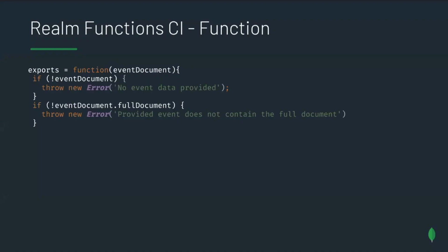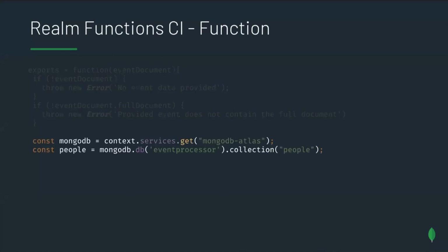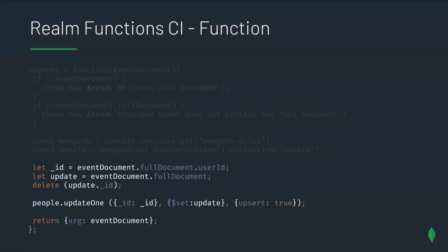The function we wrote was pretty simple, but effective. We started off with some error checking. Once we knew we had all the required fields, we pulled in the MongoDB context and opened a cursor to the collection we wanted to write to. We set the ID into a variable for reuse, and we grabbed the contents of the event as our update